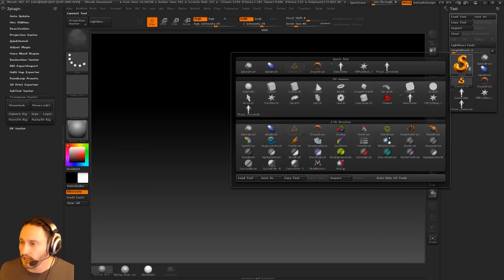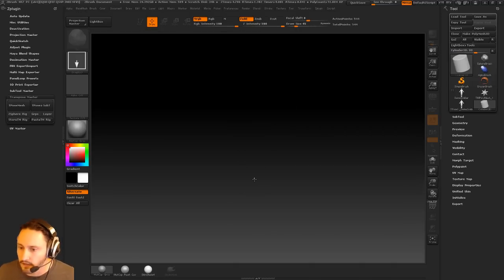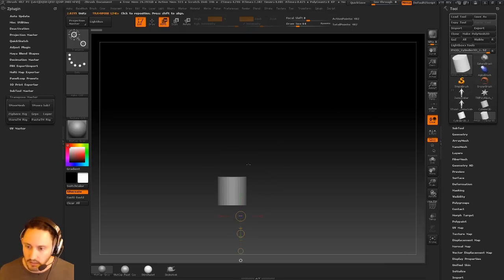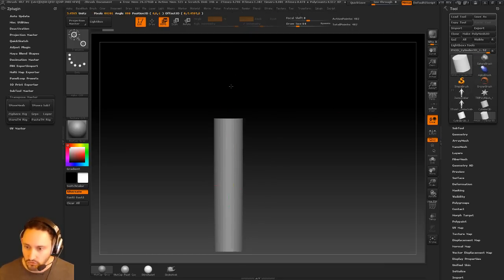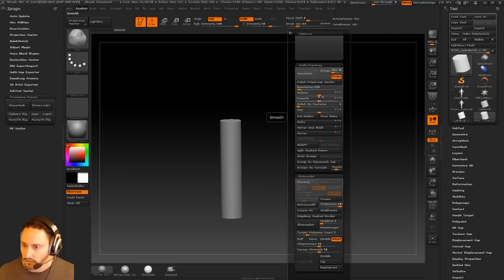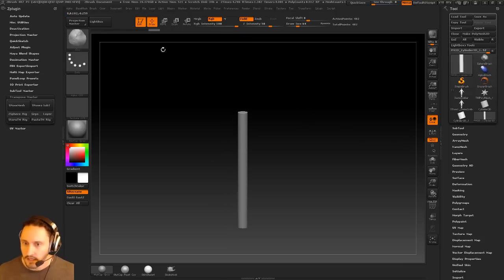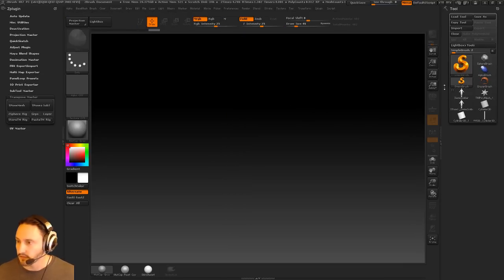So what we do is we grab a cylinder here, and I'm going to make it a Polymesh 3D, and we're going to stretch that out. Let's go ahead and do a size deformation. We'll make it skinnier. Now you could do all of this in the initialize settings too, but another thing I'm going to need to do is import just really quickly